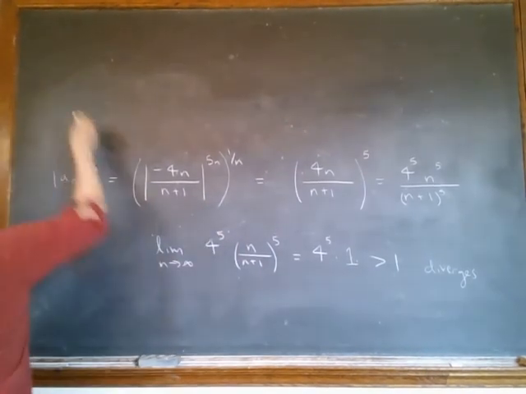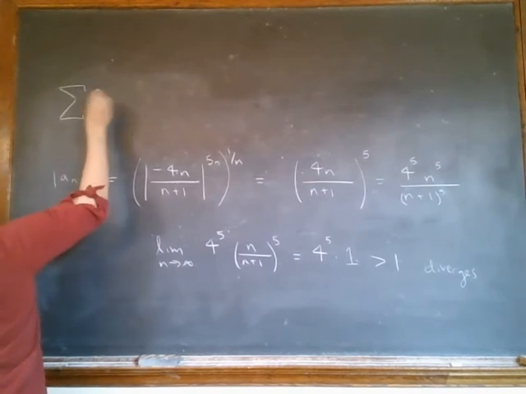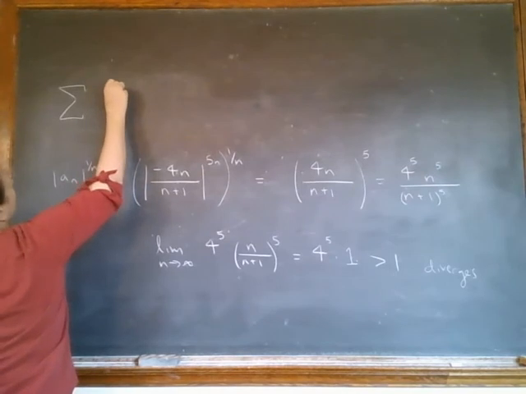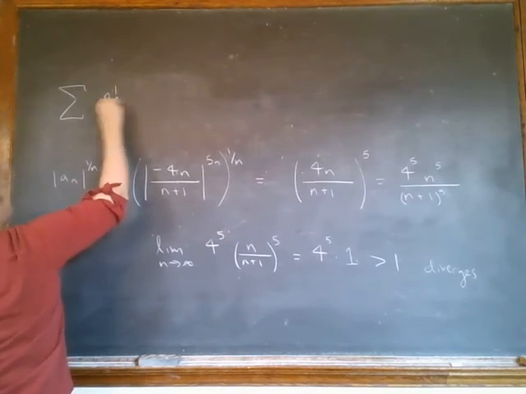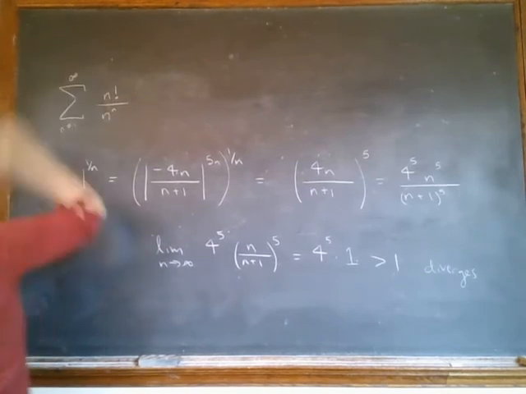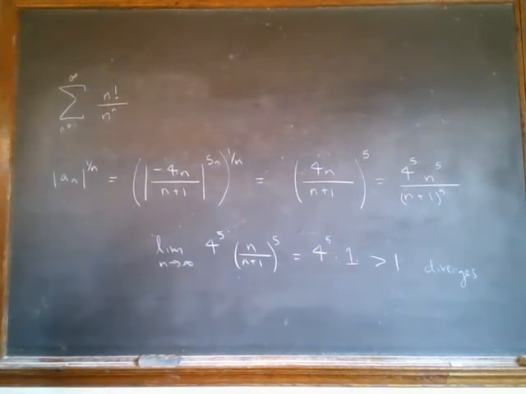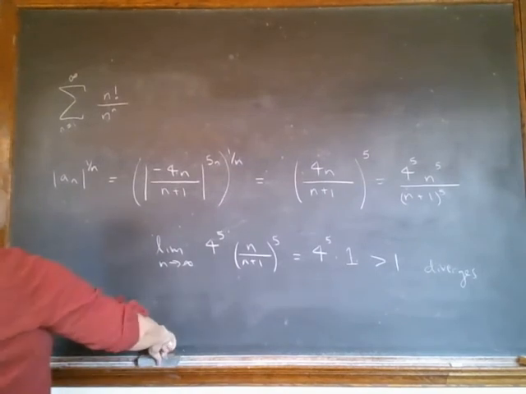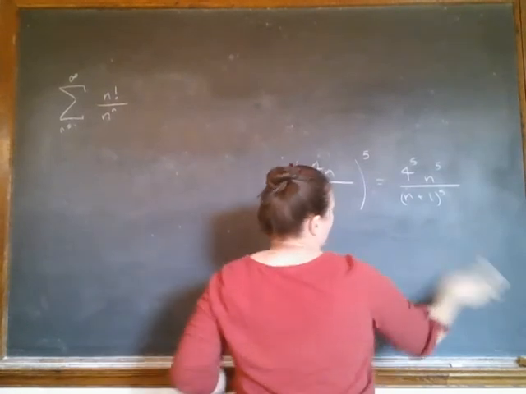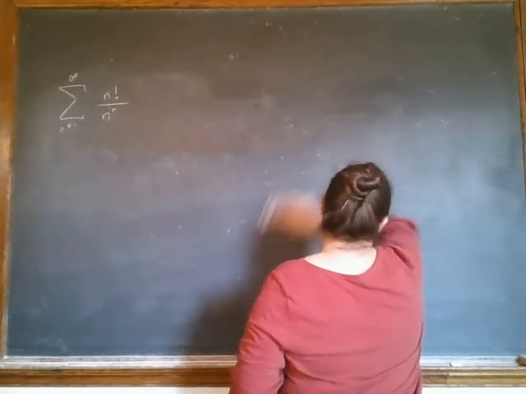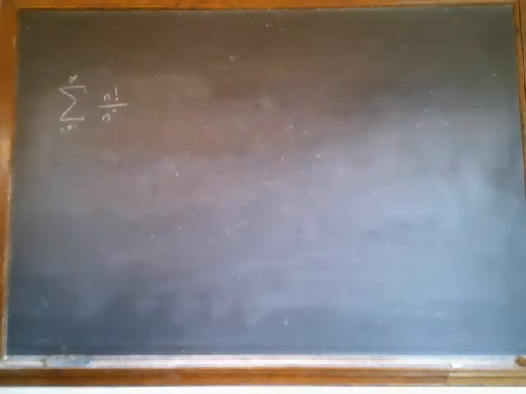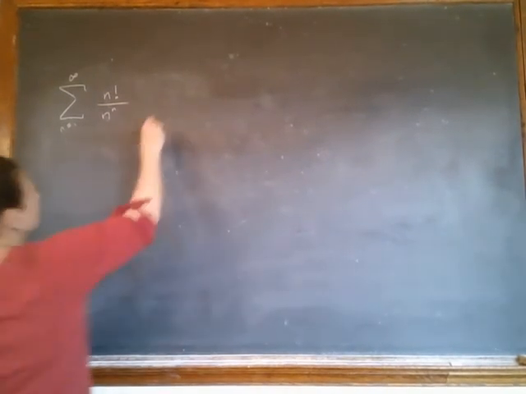This is going to be n factorial over n to the n. So first, in this situation, you've got both a factorial and something to the n. So with the ratio test,